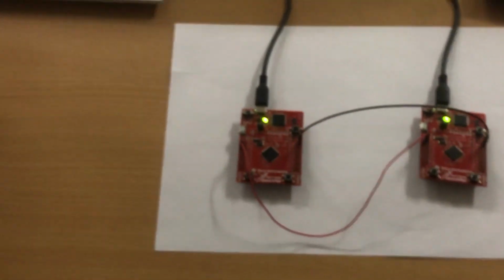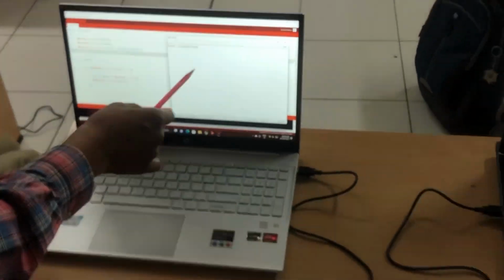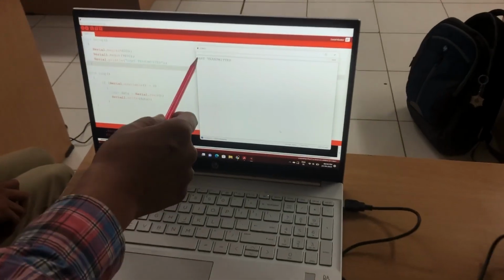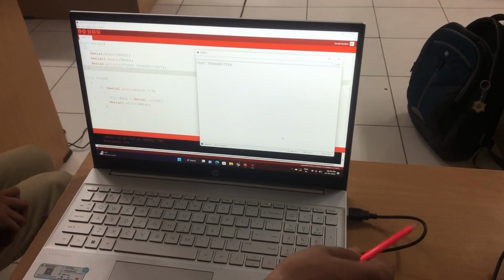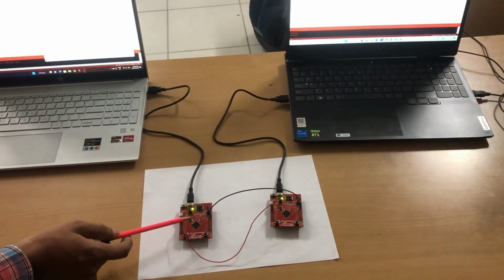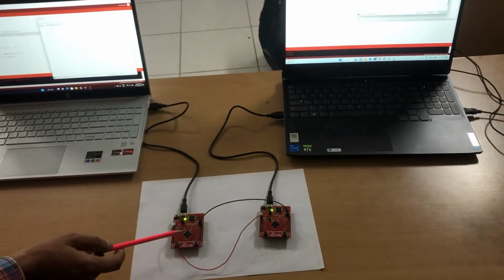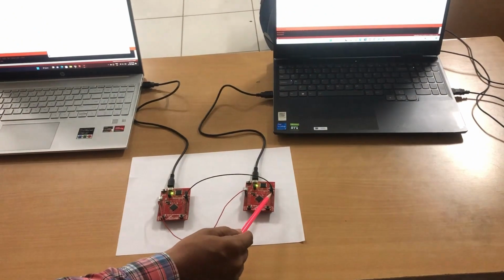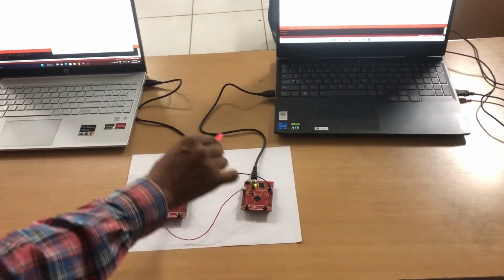And what data is being transmitted? The transmitting data is coming from the transmitter laptop through the serial window. So the simple way here is, from the serial window, you are transmitting the data through USB. There is a USB to UART converter. So the TIVA controller receives the data in UART 0. From UART 0, we are transmitting through UART 1. From UART 1 it receives, and then through UART 0 it is sending back to this